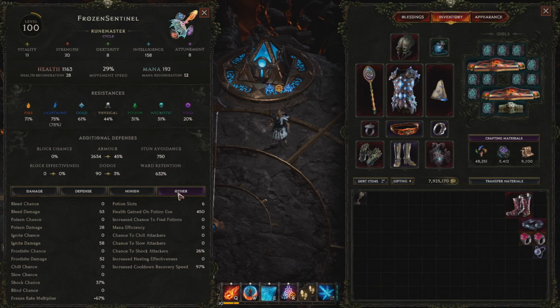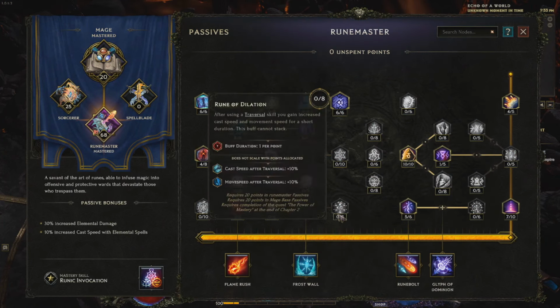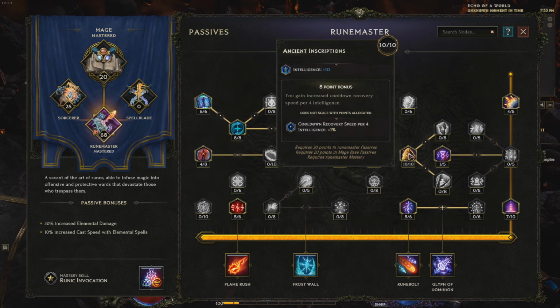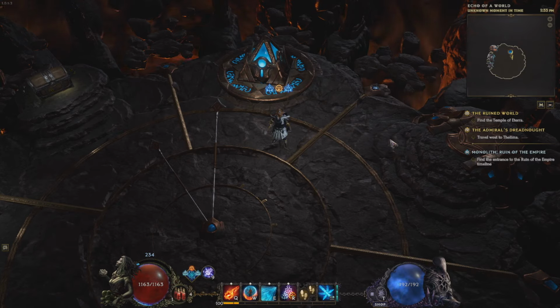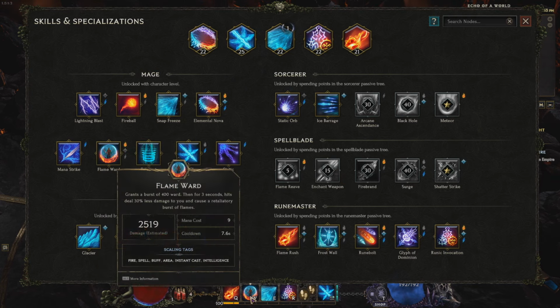And here you can see my cooldown is now 97%. As Rune Master, you also get cooldown from intelligence, so that'll help quite a bit. Yeah, and that's pretty much it. This is the exact same build I had before, except instead of Flame Ward, I now have Snap Freeze. I still have the Cold, Fire, Cold